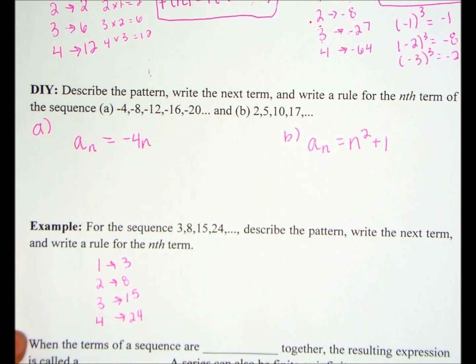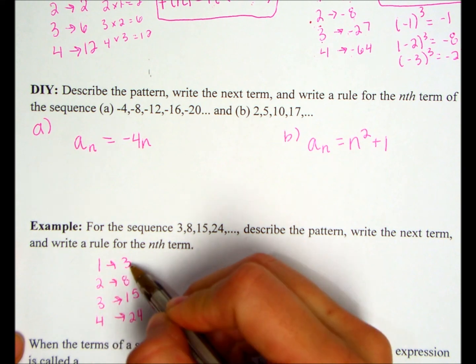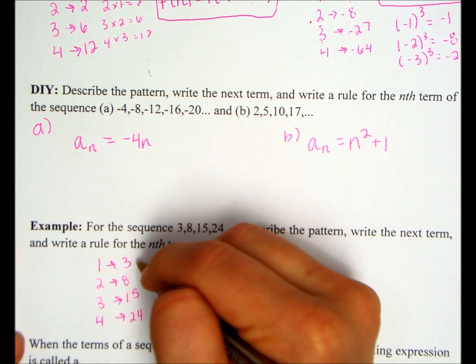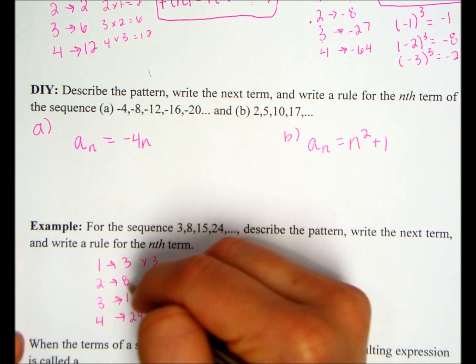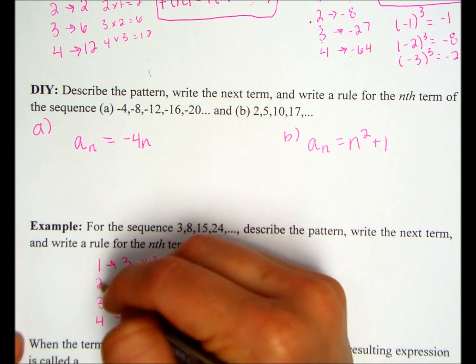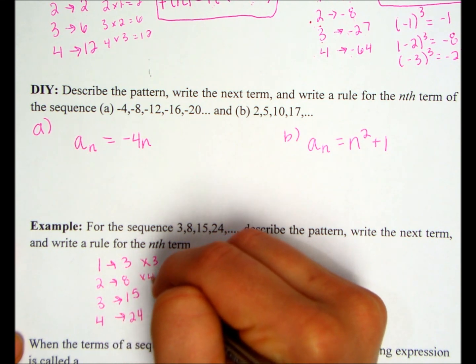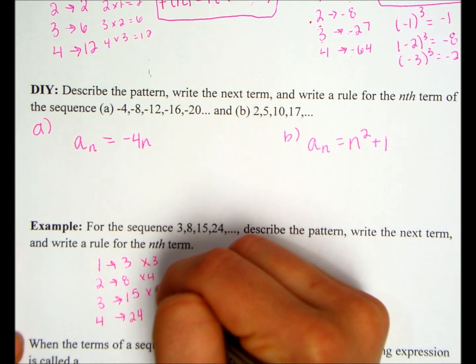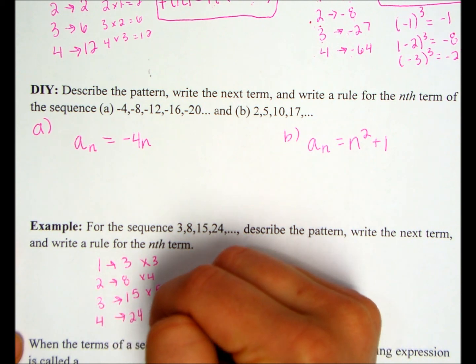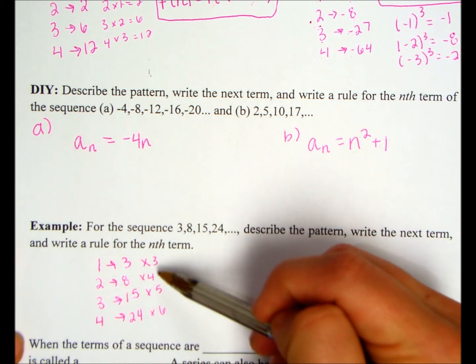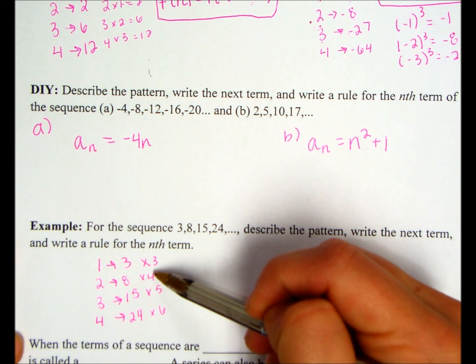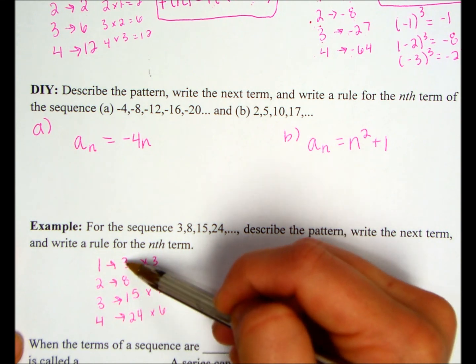Okay, so now if I look to go from 1 to 3, so maybe I multiplied by 3 here. 2 to 8, I'm going to multiply by 4. 3 to 15 multiplied by 5. 4 to 24 multiplied by 6. So what I'm doing is I'm multiplying this number by 2